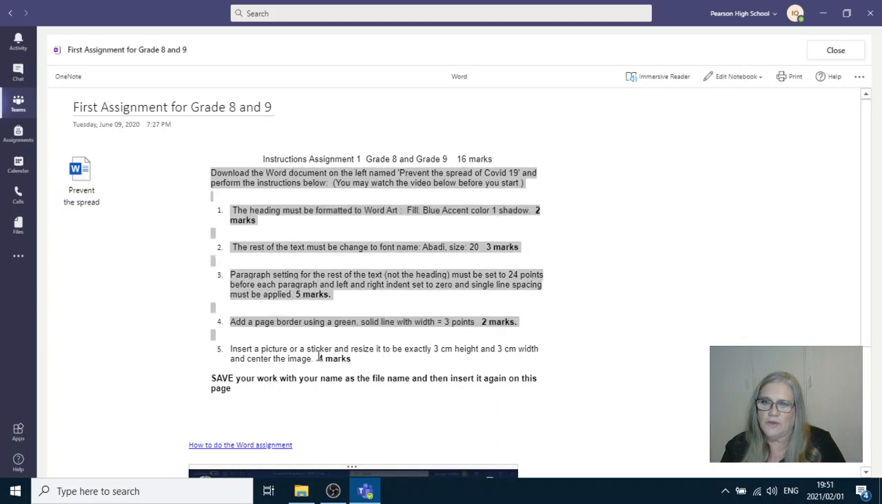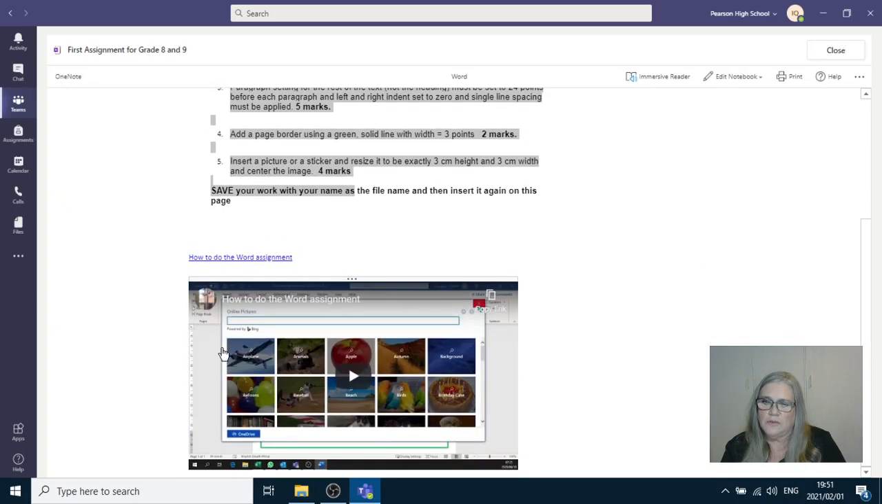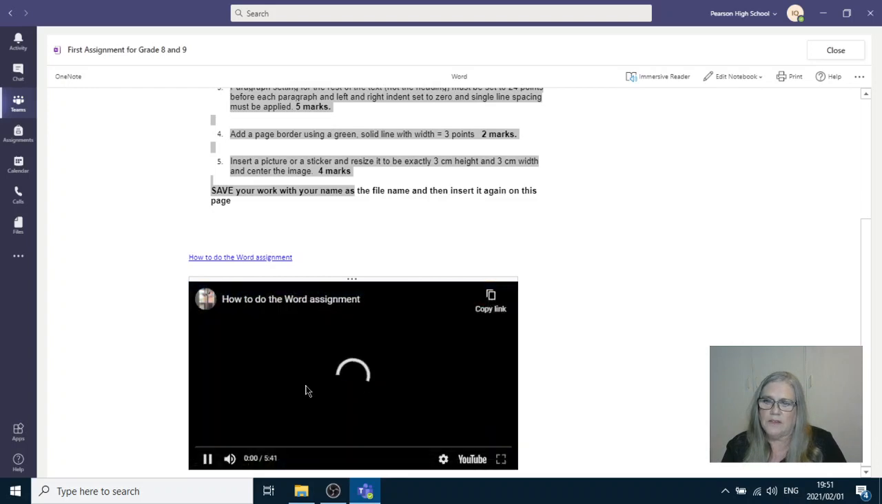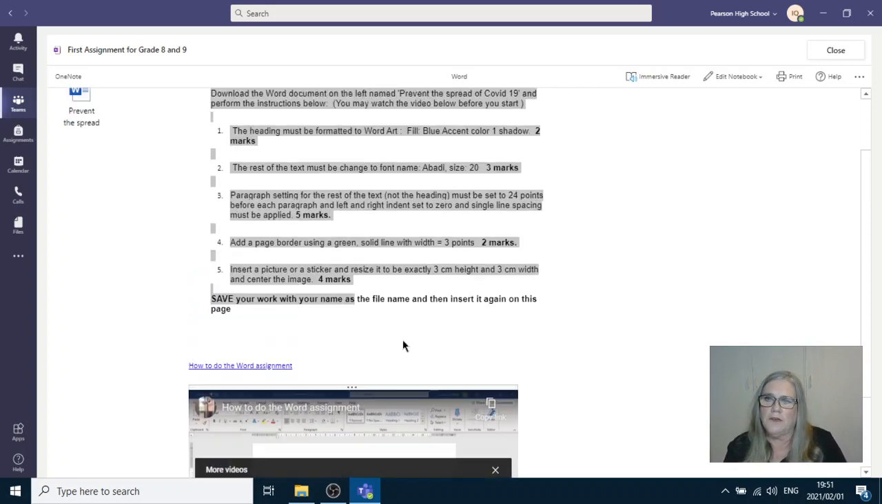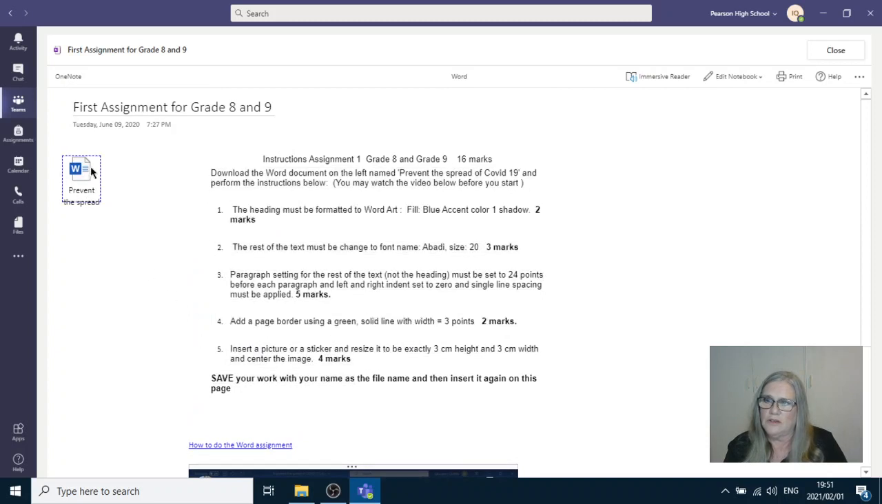There are instructions over here, but then there's also a video on how to do the Word assignment, which you can then go and run, and it will show you. It's actually a YouTube video, and it shows you how to do it. So you can run the video, and then you can go to this little icon here, which is embedded. So basically what happened was the teacher included this file, inserted the file here. So what you can do then to get it is